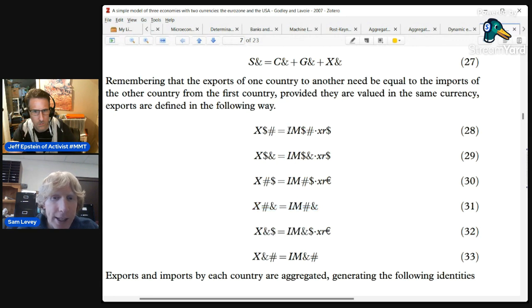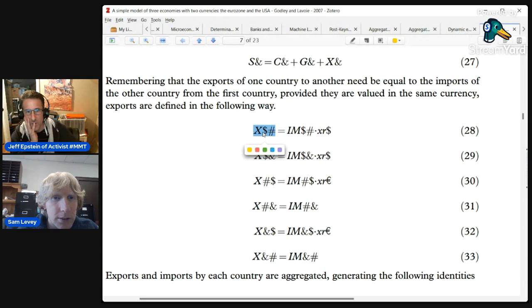I'd say it's more like, in this, go back to 28. When we talk about imports and we're the US, so US people are measuring this number, right? And they would measure it using dollars. So this is the dollar value of the US imports. Dollar value. Okay. And here, this is the other country measuring the stuff that they sell to the US.